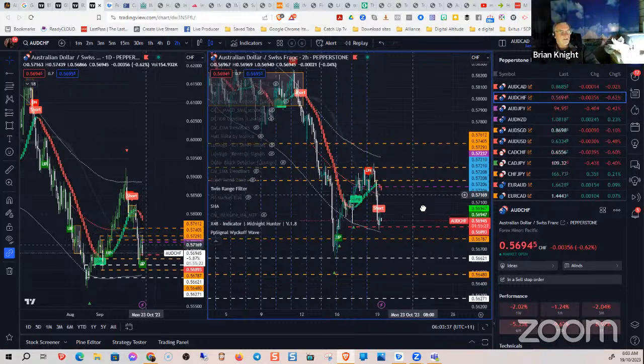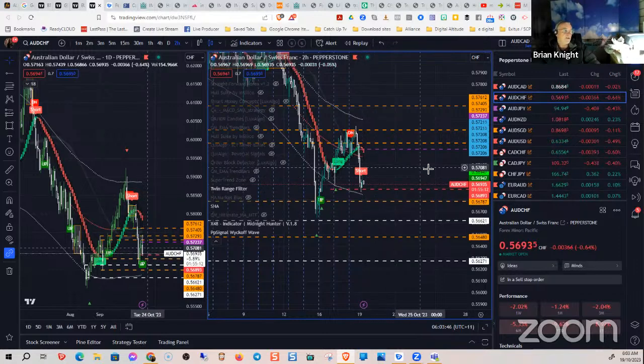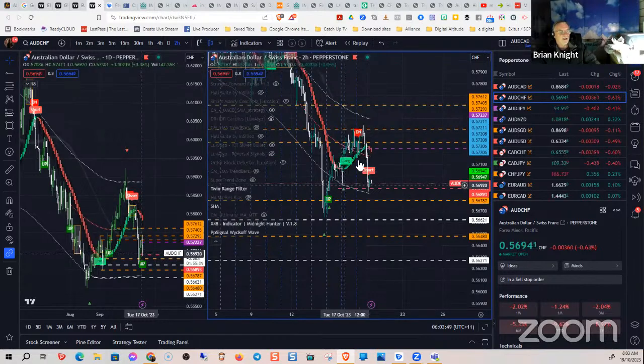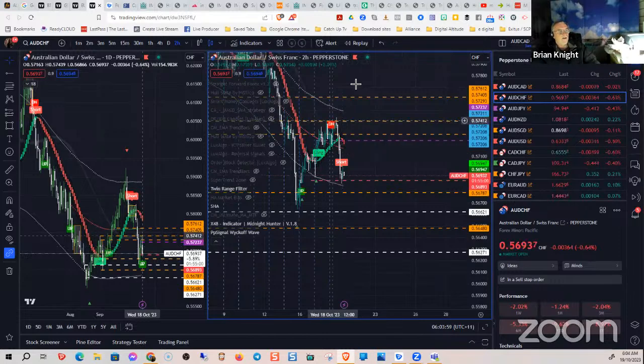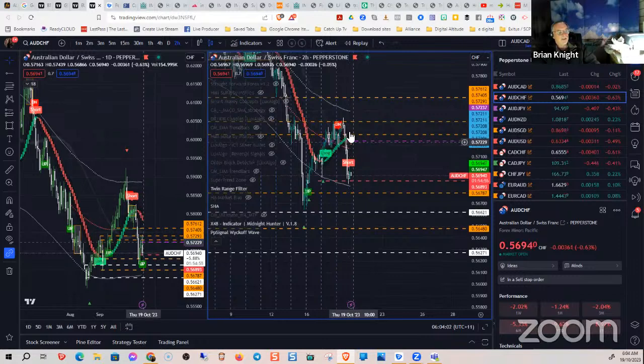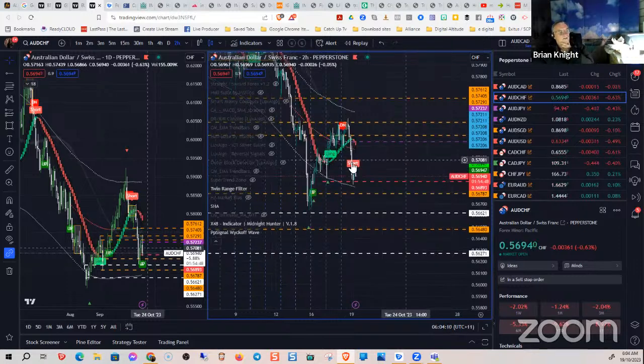That's okay. What I'm looking for now is a pullback here, which it's only done a little pullback, and it's ready for potentially some more sell. See how it broke that down here? It broke that, it broke that, and now it's down here. So a little pullback, and then we'll see whether it sells. So now I've got it down. I don't have a triangle, but I do have a change in the SHA, in the ribbon. Yeah, so got a short.